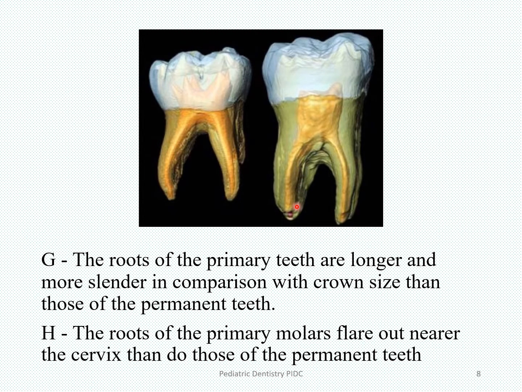Cylinder is not cylindrical, pardon me on that, it's cylinder, right? So if you see these long thin roots, because there is no or very minimal root trunk, this makes the fracture of these roots very common when you are extracting primary molars, because they're all thin and cylinder. Okay, cylinder, yeah, that's right. All right, so the roots of the primary molars flare out near the cervix more than those of the permanent teeth. So if you see, to accommodate the developing permanent tooth bud here, the roots have to be flared out,